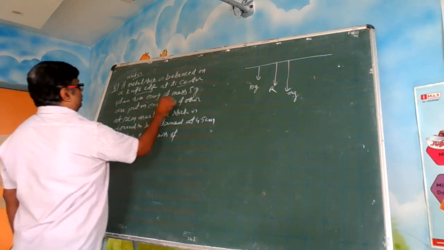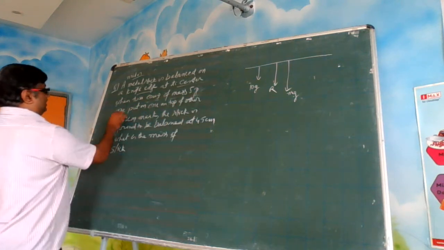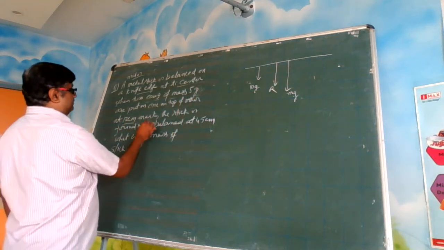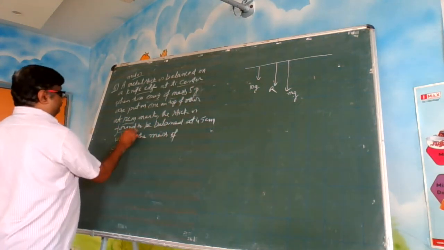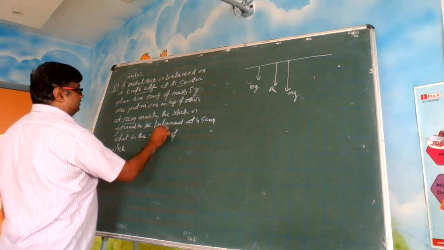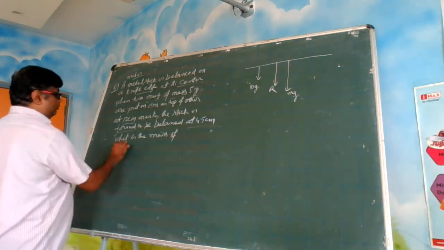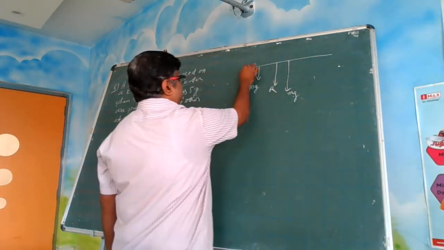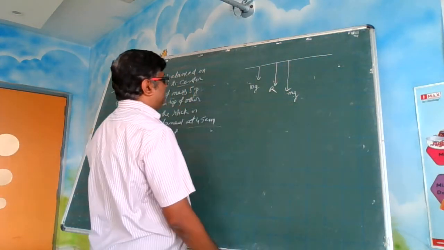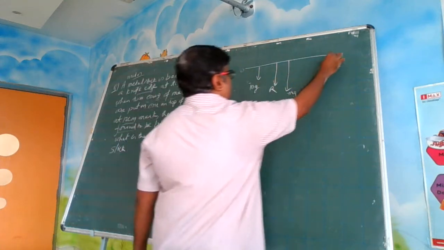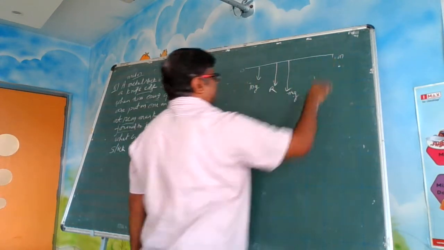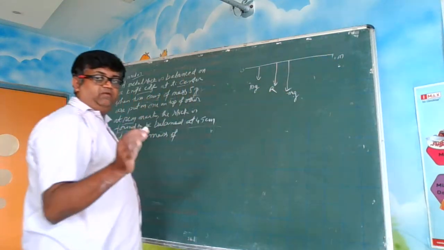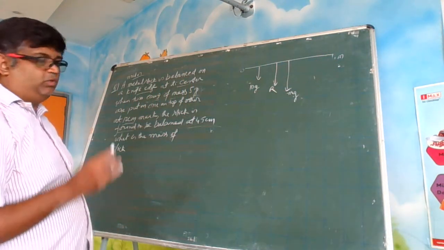When two coins of masses 5 grams are put one on top of the other at the 12 centimeter mark, the stick is found to be balanced at 45 centimeter. What is the mass of the stick? So picture wise, this is that metallic stick, from 0 reading to 100 centimeter reading, or 1 meter reading. The stick has its own weight, its own mass, which we have to find.